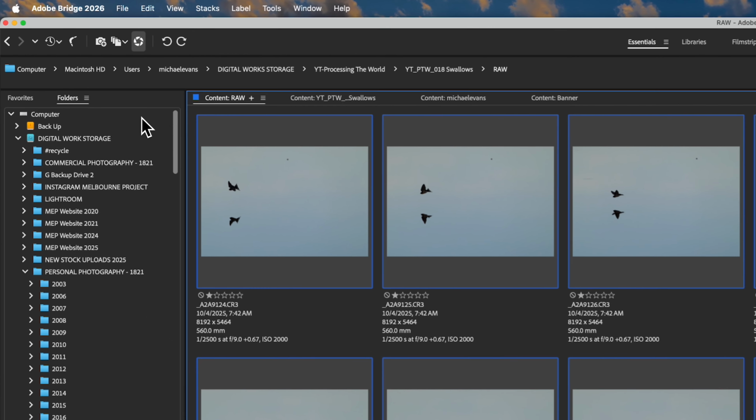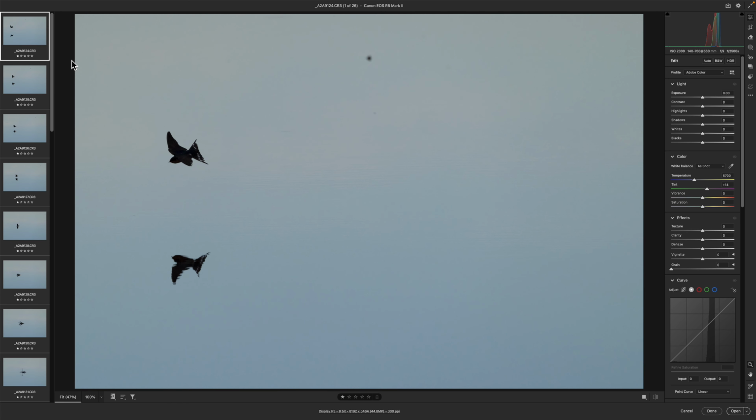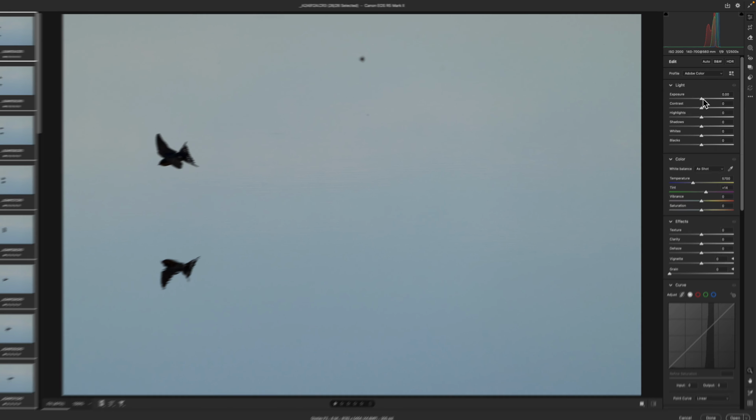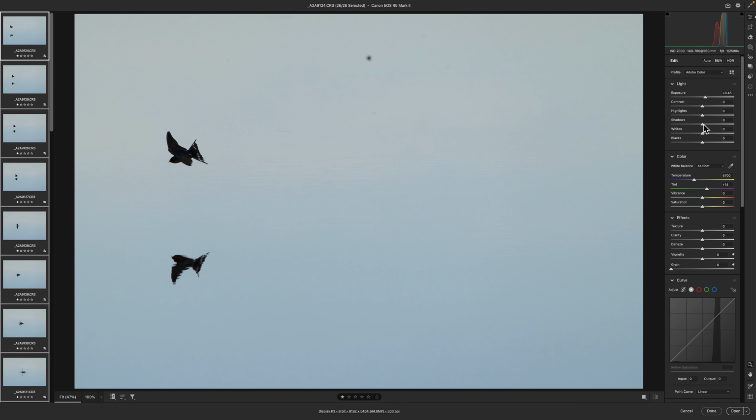Let's bring them into Camera Raw, and the first thing I'll do, you'll notice they're all underexposed. The first thing I'll do is select all, Command A, and let's bring my exposure up. So bring up around about 30 to 40 points. It's really the shadows that I'm looking to raise here. So let's bring up the shadows, start to see into the bird, bring up the whites by 15 or so points, drop back my blacks, and let's bring up my exposure that little bit more so we start to see